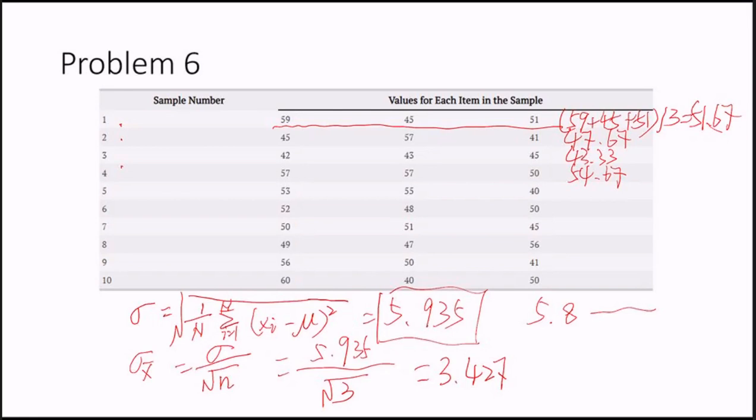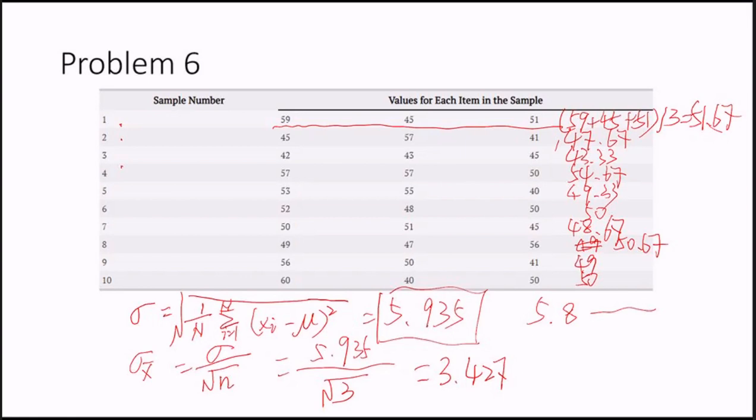So we have 49.33 for sample 5, and 50 for sample 6, 48.67, and 49 is for sample 9. I'm sorry, and 50 for sample 10. So we just calculate the average for all the samples over there,